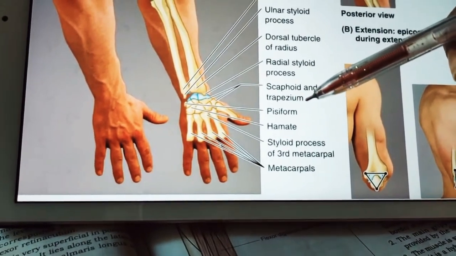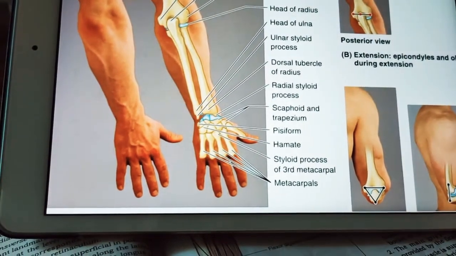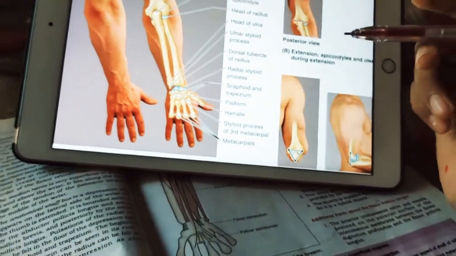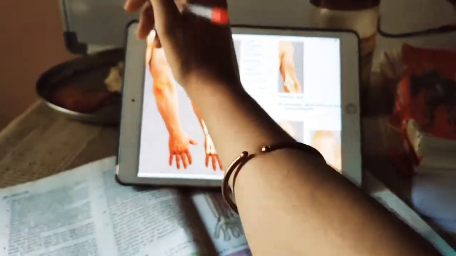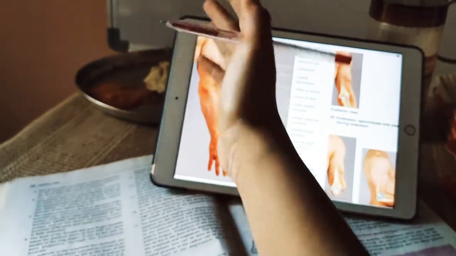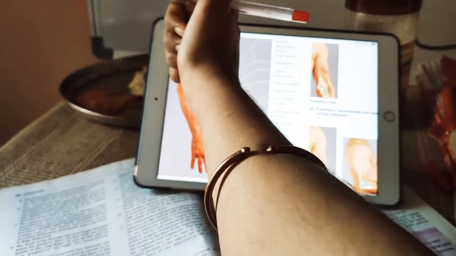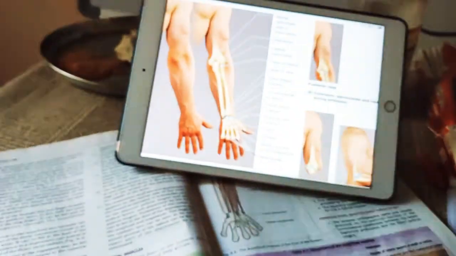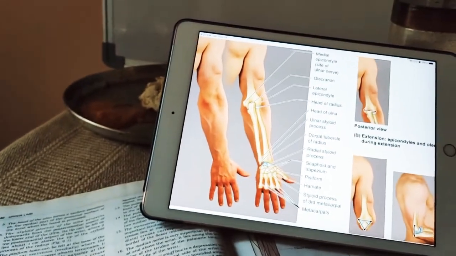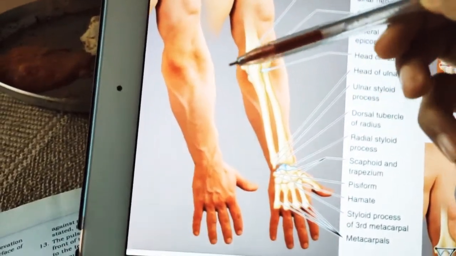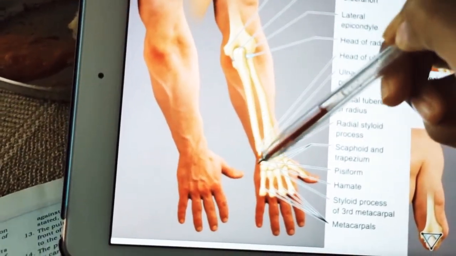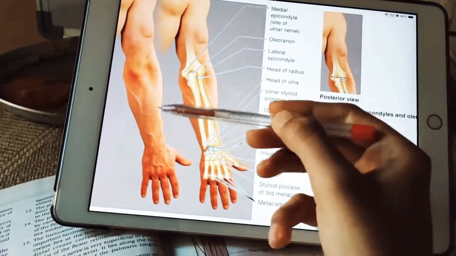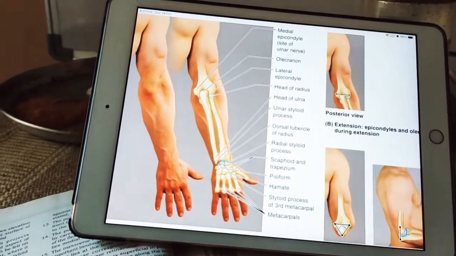Okay, next coming to brachioradialis. The brachioradialis becomes more prominent along the lateral border of the forearm when the elbow is flexed against resistance in the mid-prone position. You can see this is supination, this is pronation. In this mid-prone position, along this lateral border, you can mainly feel the brachioradialis muscle. So this lateral border, you can feel the brachioradialis muscle, which can be palpated.